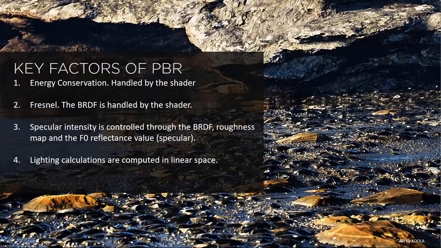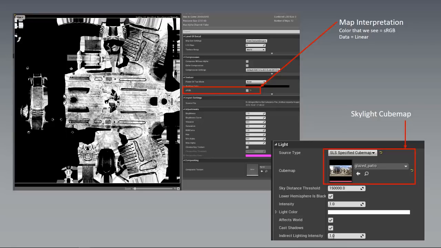Yeah, that's correct. And so one of the last things I'll mention is this is kind of an advanced topic, so we won't really need to touch on it too much. But lighting calculations are computed in linear space. And again, this is all happening in the shader, so it's a huge topic. We don't have to get into it. But what that does is lead me to my next slide here, which is